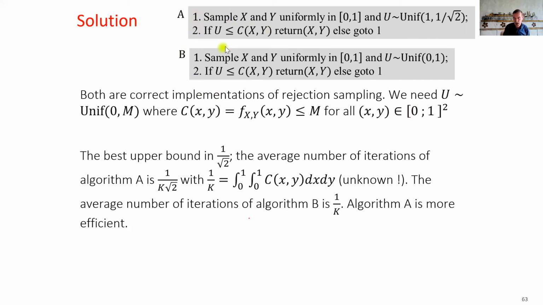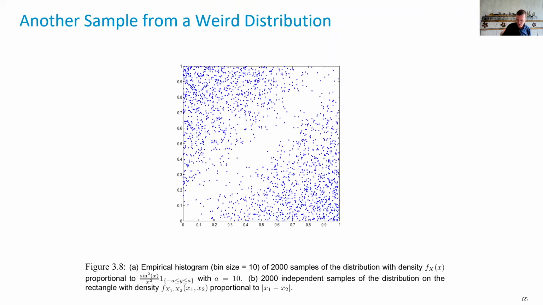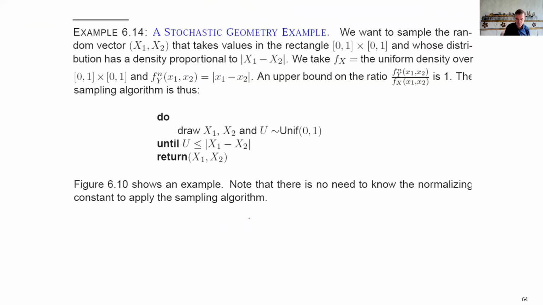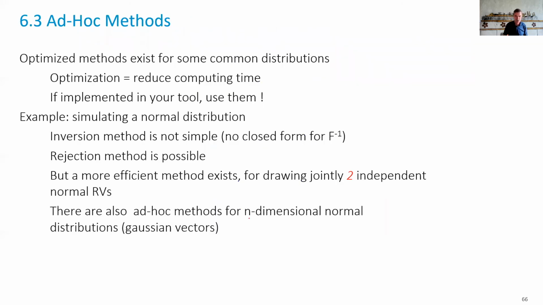Very often, of course, in a case like this, you would use implementation A. There's no point using B when it is so simple. Sometimes computing a bound is very complicated. If it's very complicated, then you simply don't do it, or not in the first phase before optimizing your problem. For example, if I look at this program here, I obtain a PDF proportional to the absolute value of the difference, which is very similar to what we saw a minute ago. So take-home message, with this method, you simulate pretty much anything you want, at least as long